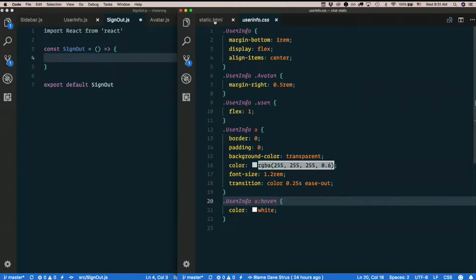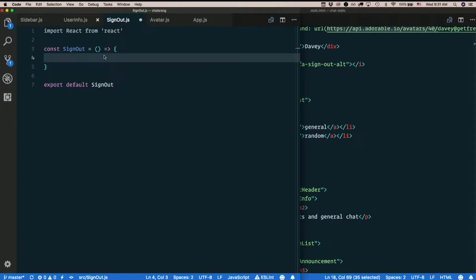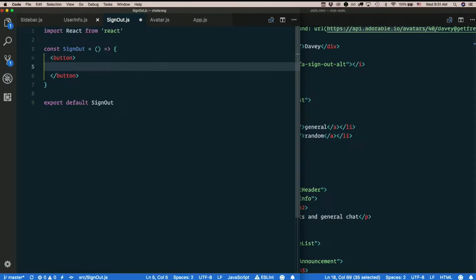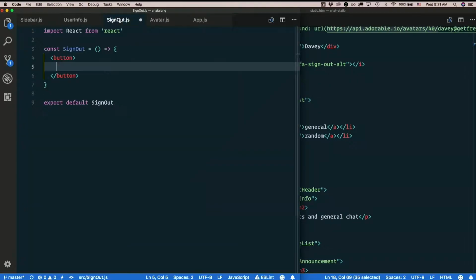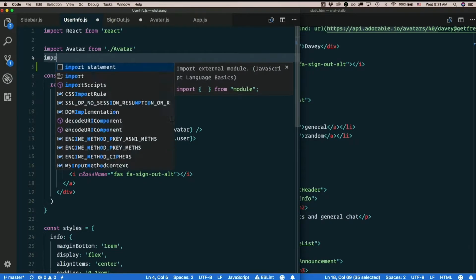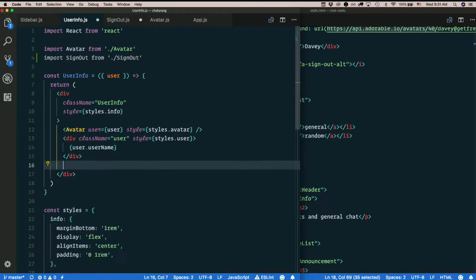And it's been complaining that this is a link, and it says maybe it should be a button. And that actually, for sign out, probably makes more sense anyway. So I think I will actually do what it suggests there, and I will make this a button instead. But instead of just putting the word sign out in there, I'll put this Font Awesome thing. So if I import sign out from /sign out, and I just replace all this with sign out,